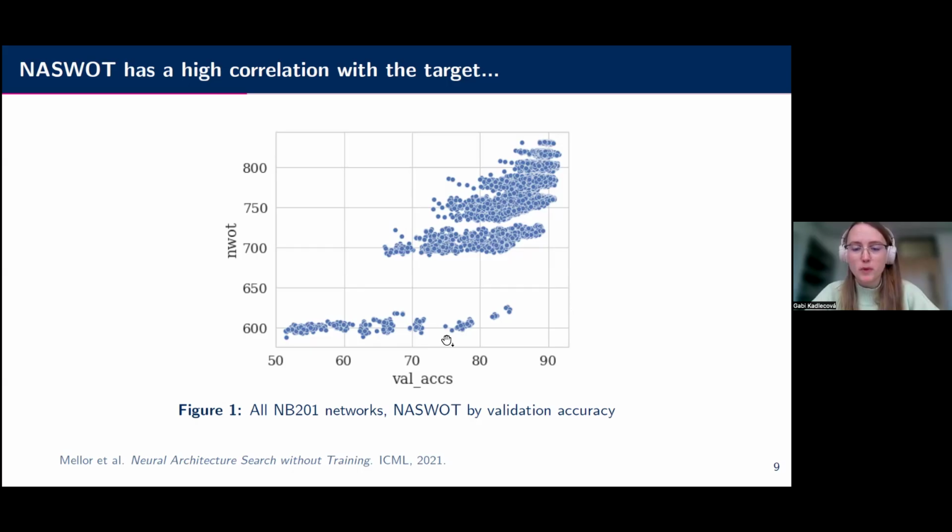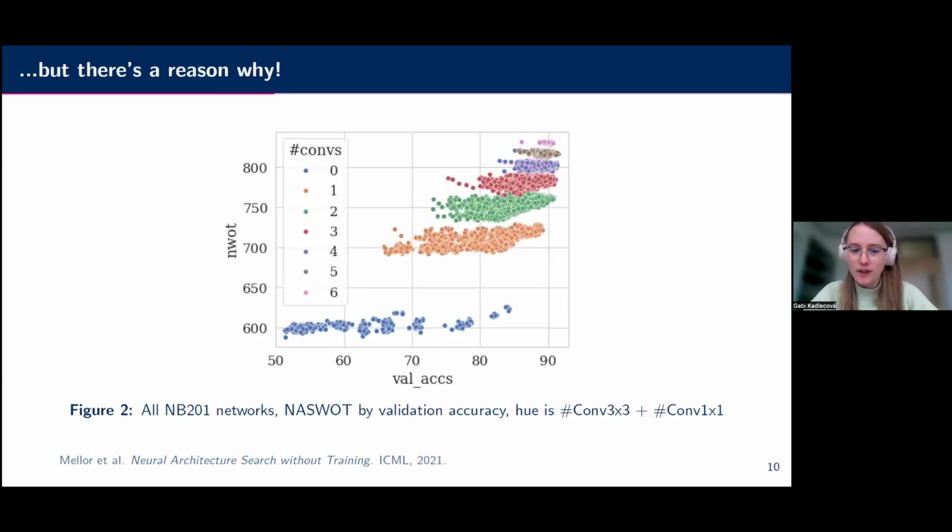So what could the clusters be? When we analyzed that for a few afternoons, we realized it's actually the number of convolutions. Each color is a specific count of convolutions. Red is 3 convolutions. The top one has the maximum number of convolutions. And that's why it correlates quite well.